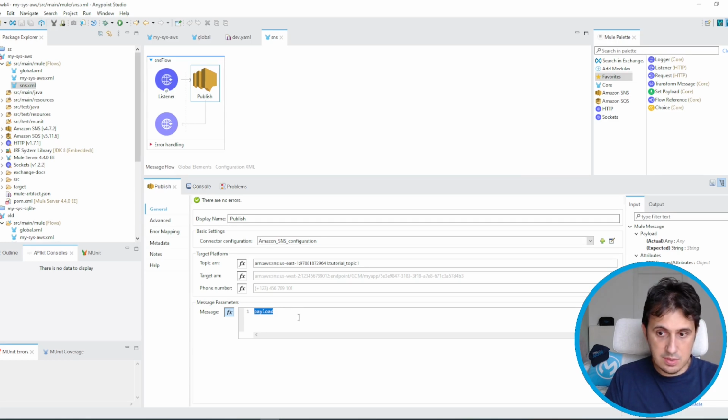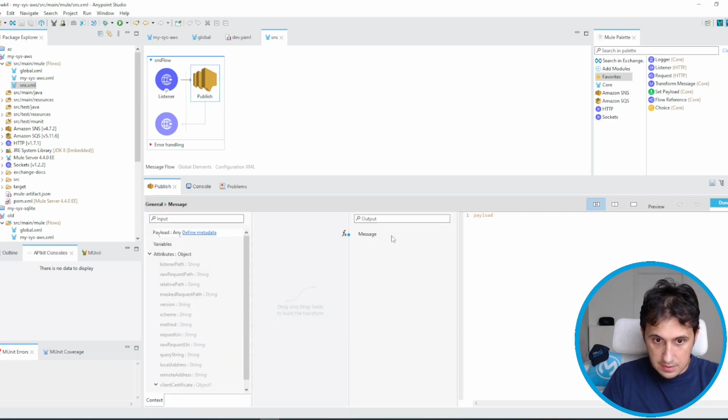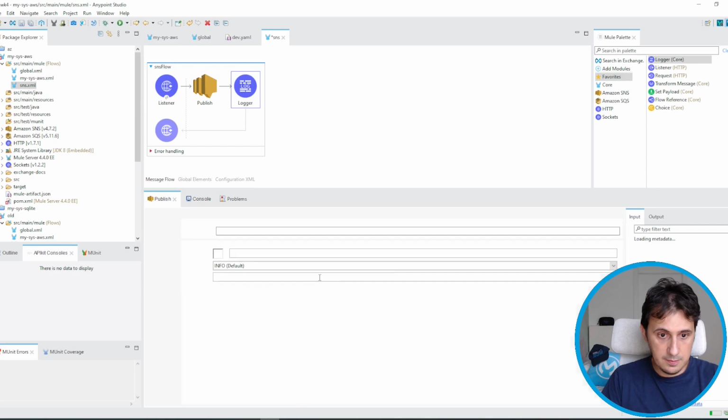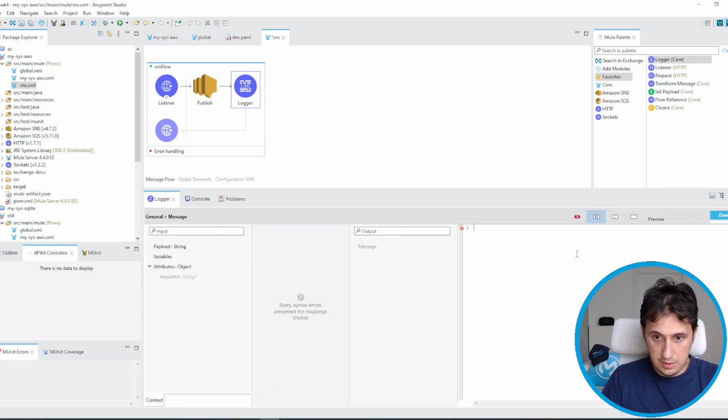As we saw before, the message this time, I don't have the structure we saw before in the SQS, but I need to write the message in this form, application JSON. Okay, let's put a log, for example, output application JSON, and